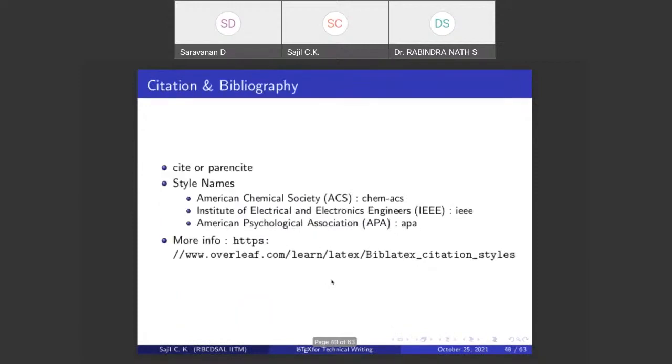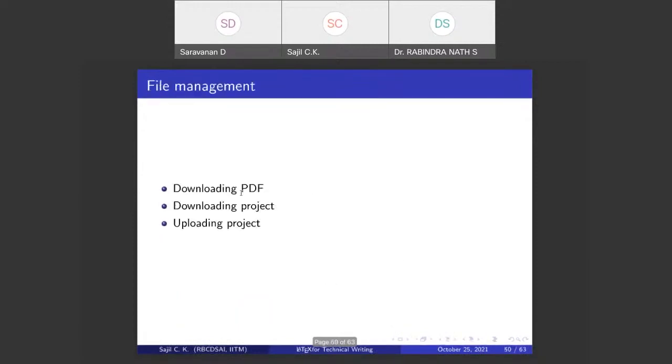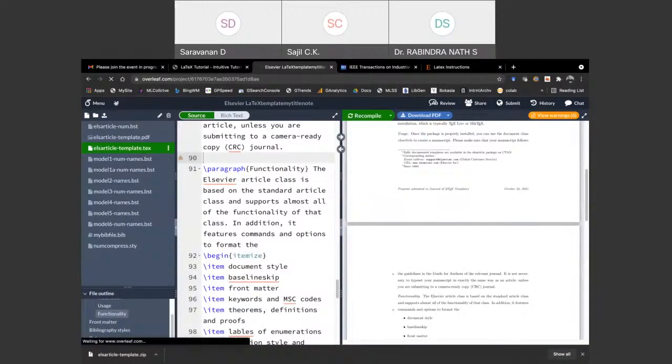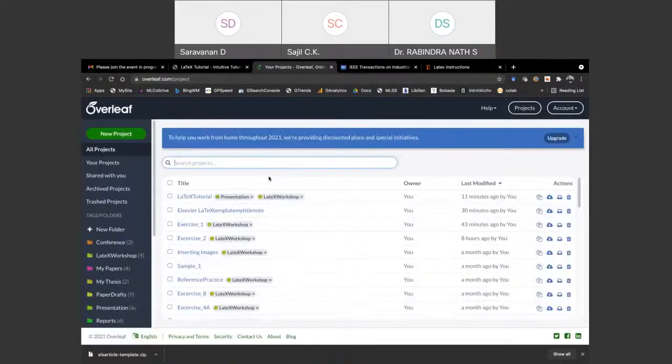Once you are done, you can download the PDF using the button I have shown here. Overleaf also gives you the facility to download the whole project: you can select it and click the download button.